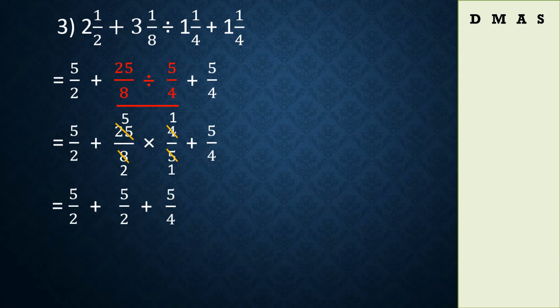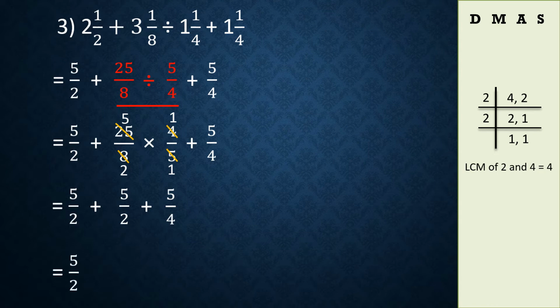And the LCM of 4 and 2 is 4. So we have to bring 4 at the place of denominators because our LCM is 4. Our first fraction is 5 upon 2. So which digit will you multiply to bring 4 in the denominator? Yes, 2. So multiply numerator and denominator by the same number 2. Then write the plus sign as it is.